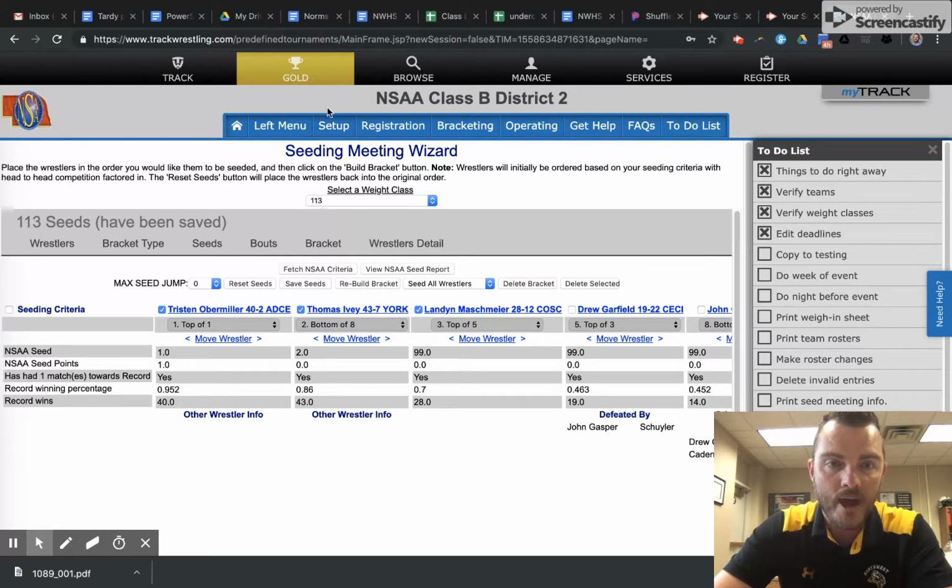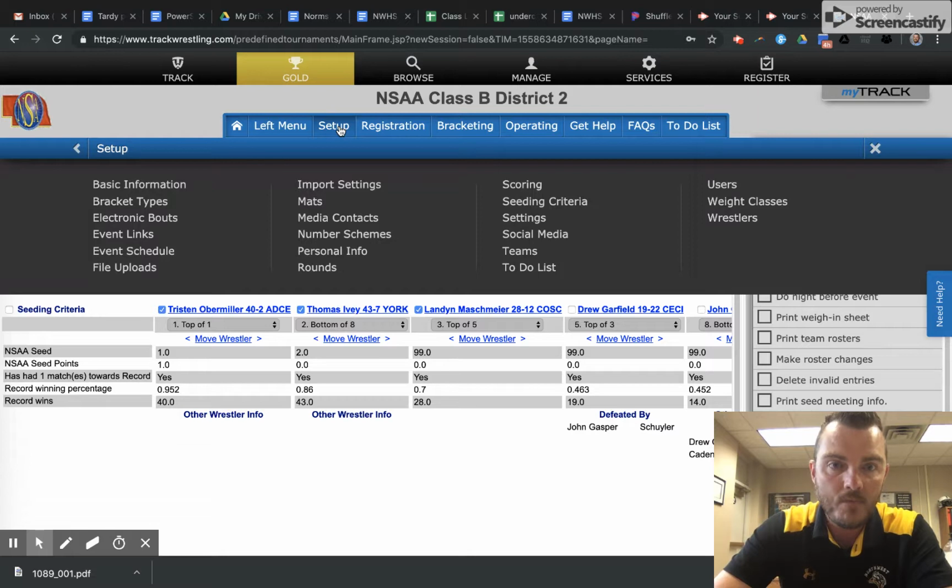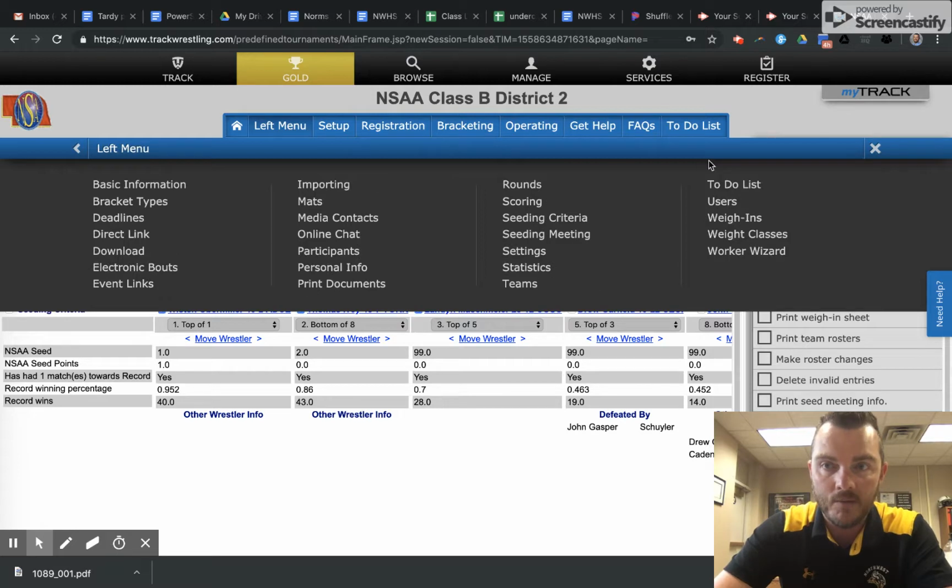Once you do that, then what you do is you do all the pre-seeds for all the weights. Then you're going to go up and you're going to go to print documents, and that'll be our second video where we pick up with to print. You're not going to print it, but you're going to put it on a spreadsheet for your coaches. So video 2 will be how you send